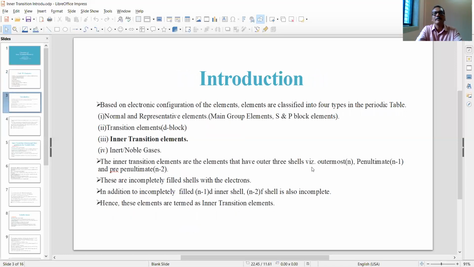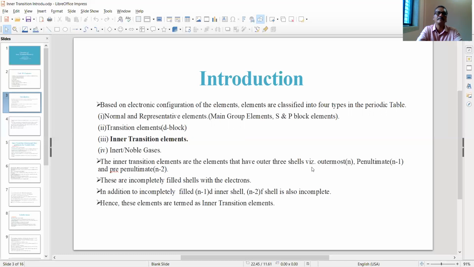Now, all of you know the periodic table. In the periodic table, there are 18 vertical columns, which are called groups or families. As per the modern nomenclature, they are group 1 to group 18. And there are 7 horizontal rows, which are called periods. The first period is a short period, and the others are longer periods. At present, in the periodic table, there are 118 elements, and the 7 periods are completely filled by